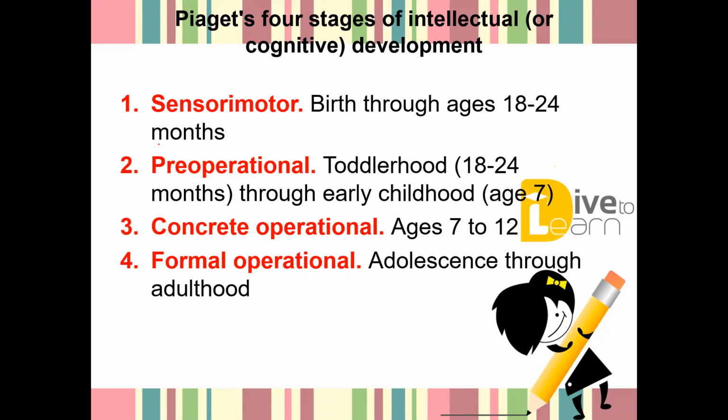So the first one is the sensory motor stage. Okay, sensory motor stage. At this stage, from birth to 24 months. Okay, so 18 to 24 months. At this time, all the actions are done by your hands, mouth, your physical organs. If you're feeling happy, you will clap hands or raise your hands. If you're feeling sad, you cry, then also you'll do the same kind of activity.